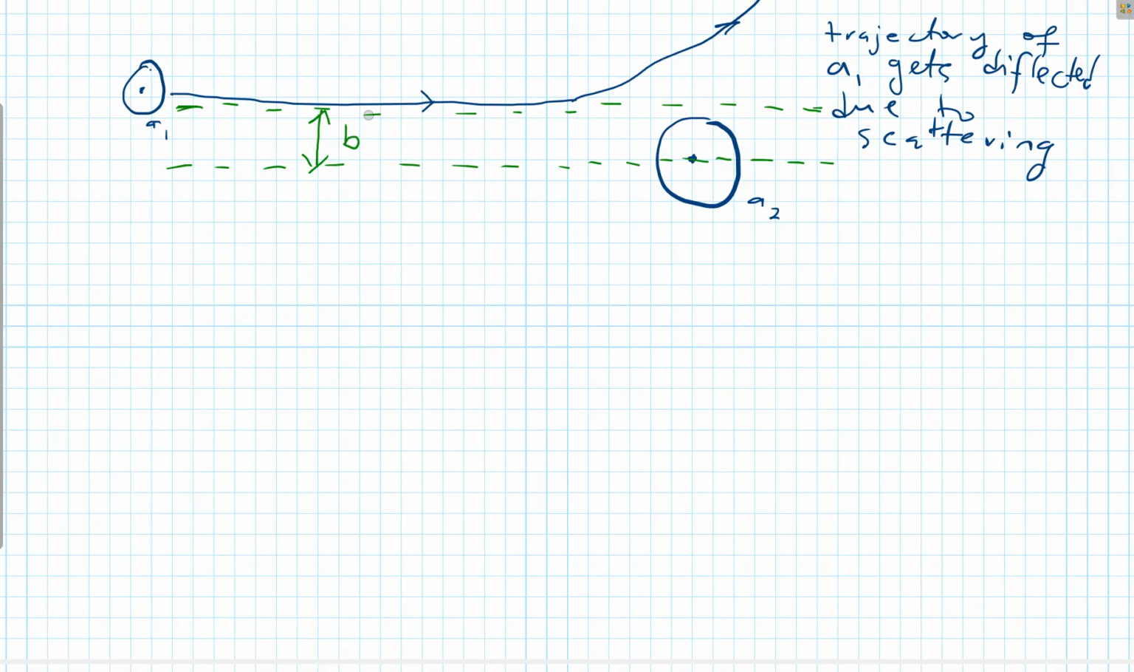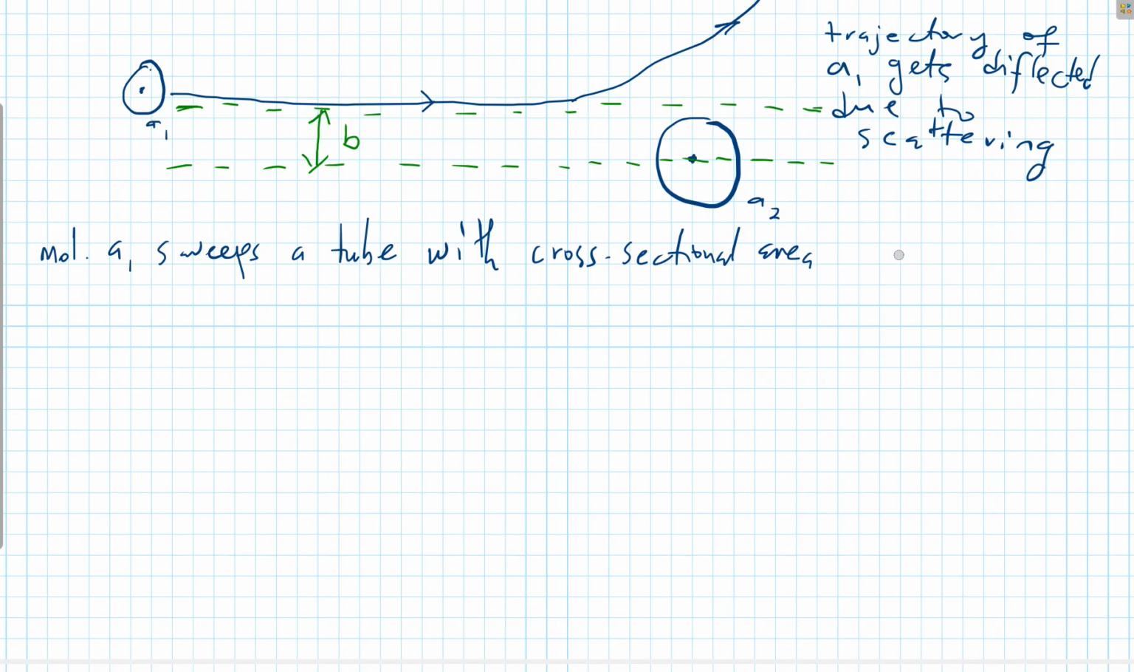So if there were no scattering, A1 would move on a straight line, and the closest distance between the centers of the two molecules is going to be the impact parameter B. In this way, we can imagine that molecule A1 sweeps a tube, so a volume, with cross-sectional area, and the cross-sectional area is going to be equal to